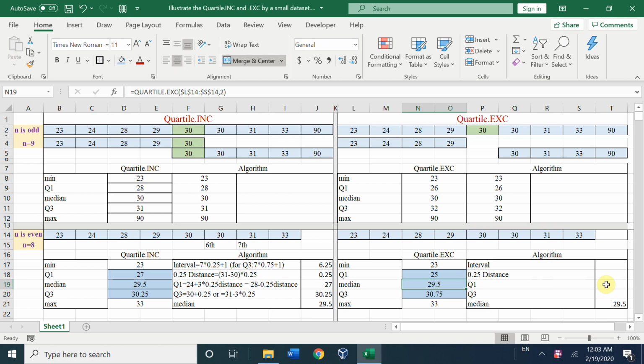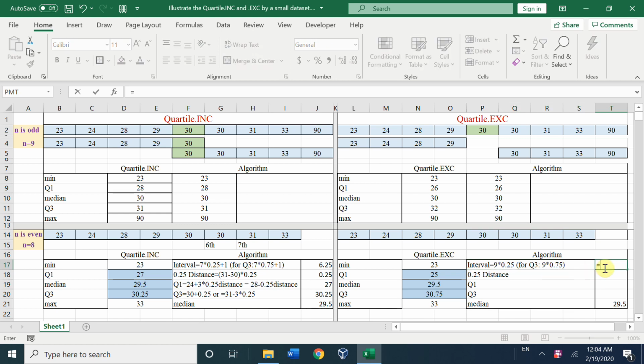Now for the Q1, here the interval is 8 plus 1, so it's 9. 9 times, because Q1 is the 25th percentile, so times 0.25. Because we already added 1 here, this is for Q1, the interval. For Q3, then it is 9 times, because Q3 is the 75th percentile, so times 0.75. And let's do the Q1 first. So 9 times